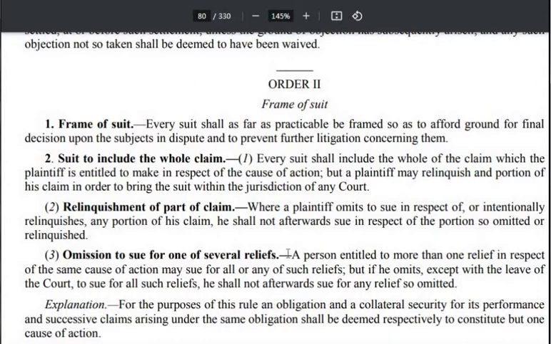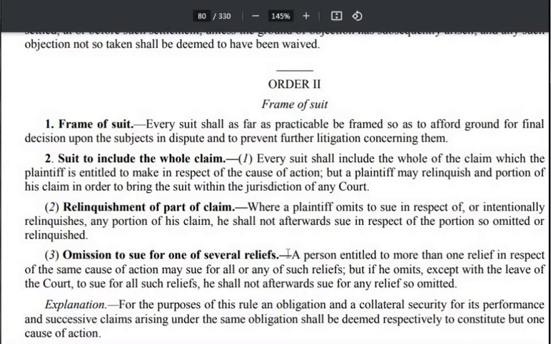हाँ, लेकिन अगर आपने पहले relinquishment के समय कोर्ट से परमिशन ले लिया था कि मैं बाद में अगर दोबारा सूट करूं तो मुझे अलाउ कर देना, and the court had permitted you, then it will be permissible. लेकिन अगर मैं बिना द परमिशन ऑफ द कोर्ट, if I had relinquished the particular relief,